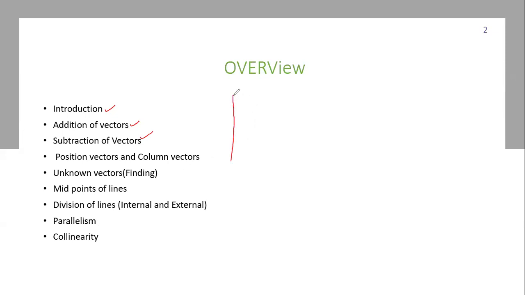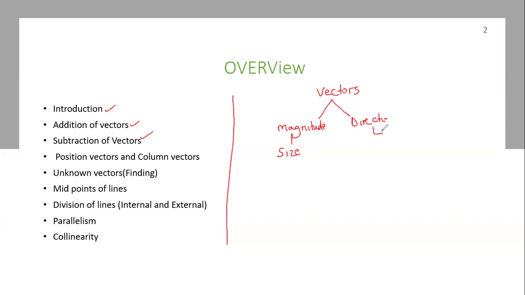Now, when we talk about vectors, the first thing we need to know is that vectors are those quantities that exhibit what we call the magnitude and what we call the direction. These are the two important things when we talk about vectors. When we talk about magnitude, here we are talking about the size. We are talking about the weight. We are talking about how big something is. That's what we call the magnitude.